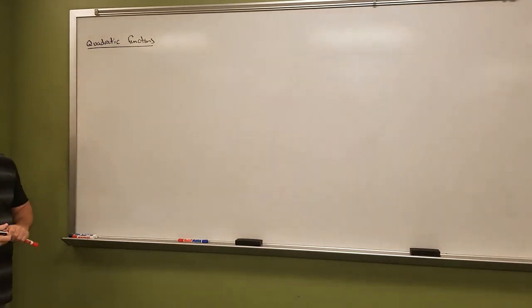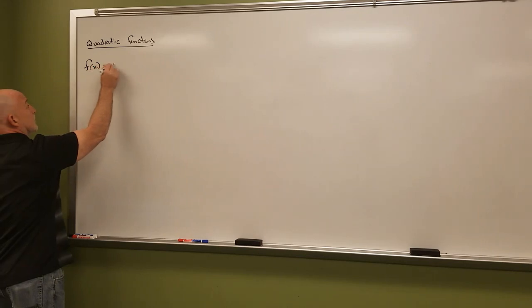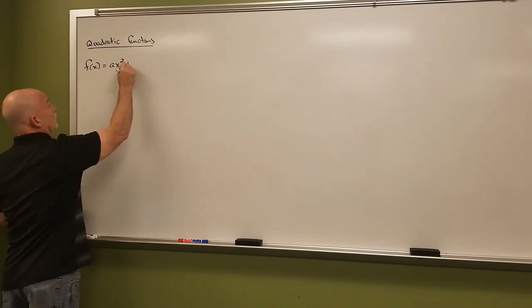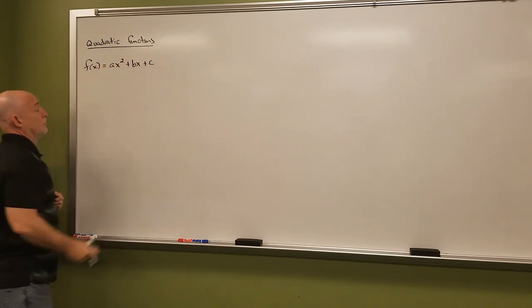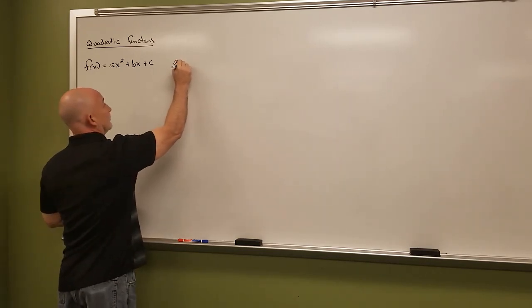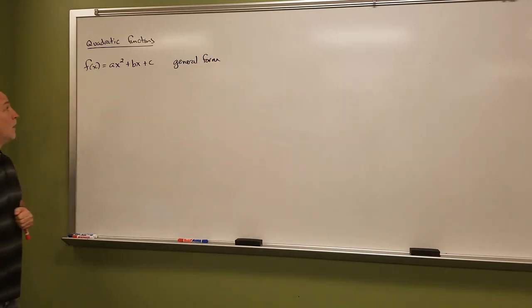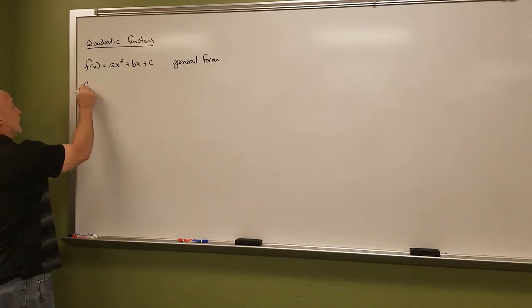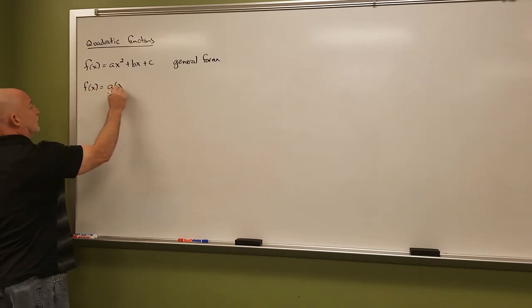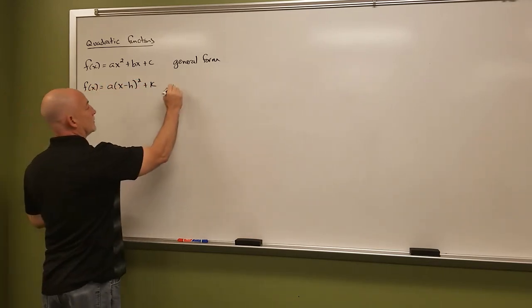All right, let's take a look at quadratic functions. Quadratic functions are functions that have the form ax squared plus bx plus c. We've seen quadratics already this semester. When it looks like this, we call this general form. We're going to see in a few minutes that we can take this, rearrange this, and we get a form that is a little bit more useful, and this is called